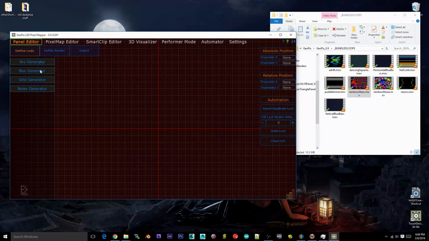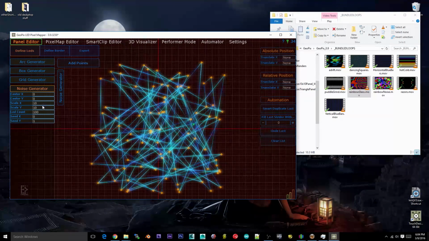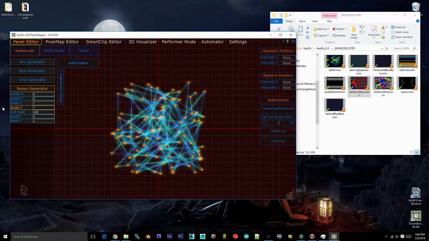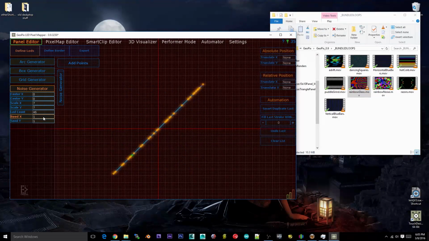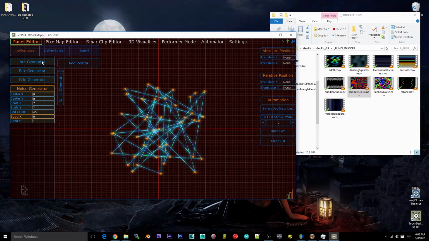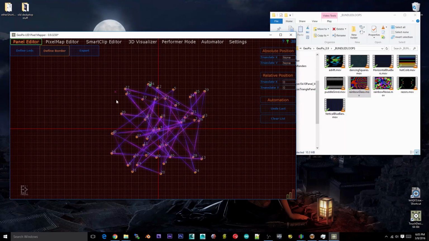Then let's just do a noise. This should be interesting. We'll do 45 because the triangles have 45 pixels in them apiece, and that's fine. We'll just do that. Add those points,